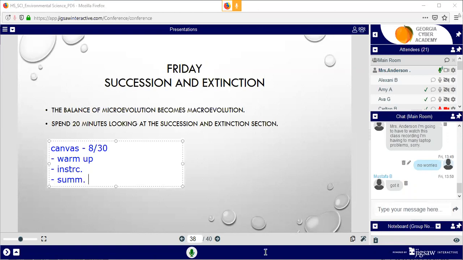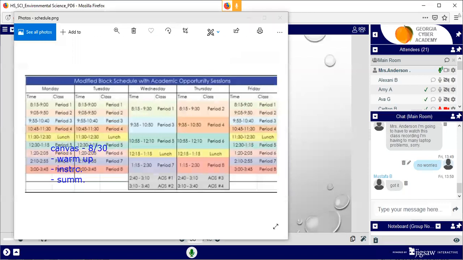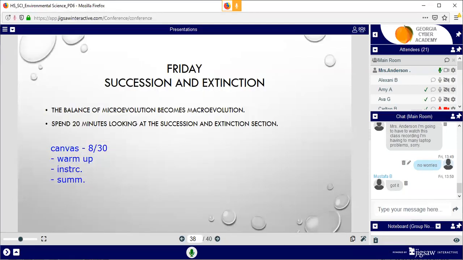Okay, we've got about 15 minutes. I believe you guys get done at 2:05 today. Yes, 2:05. So we've got about 15 minutes. Now we're going to come back that last 2 or 3 minutes and wrap up before I get you out of here. So take these next 12 or 13 minutes to get started in your Canvas. The more you do now, the less you have for homework. Take some time now while I'm here to answer questions or help you with something. I'll put a timer on the board and we'll meet back here in about 12 minutes to wrap up before you leave for the weekend.